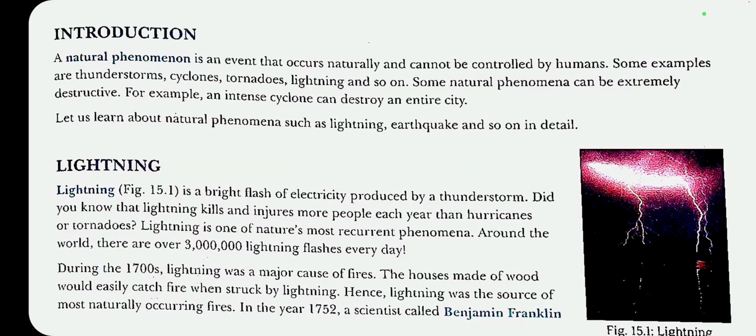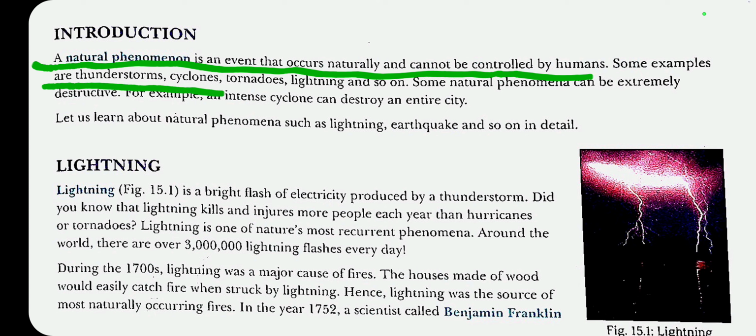Moving on, we have reached the introduction of the chapter. A natural phenomenon is an event that occurs naturally and cannot be controlled by humans. As the name suggests, a natural phenomenon occurs naturally and cannot be controlled or caused by humans. Some examples are thunderstorms, cyclones, tornadoes, lightning, and so on. Some natural phenomena can be extremely destructive. For example,